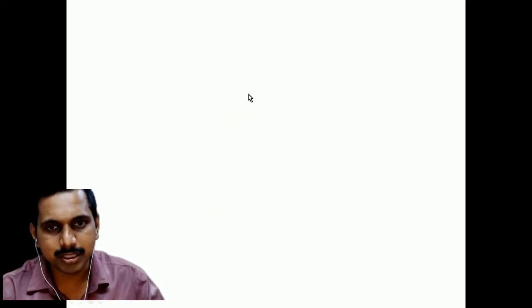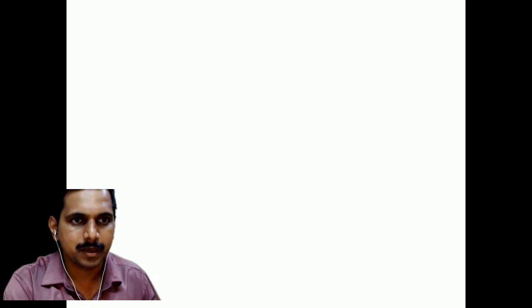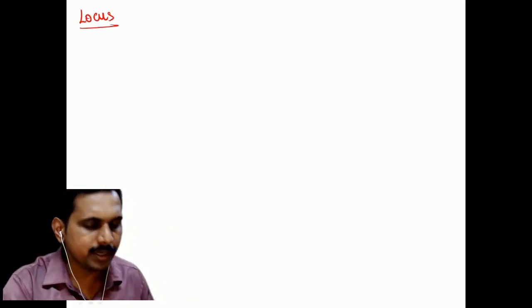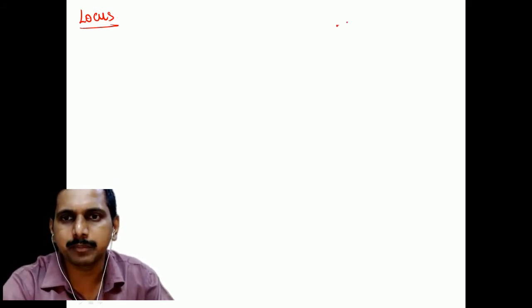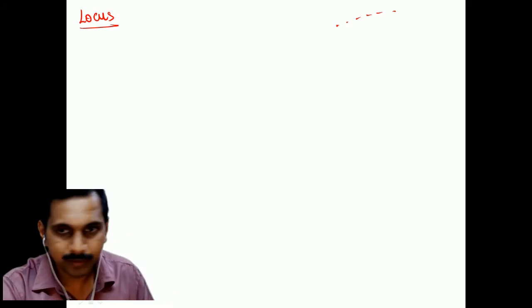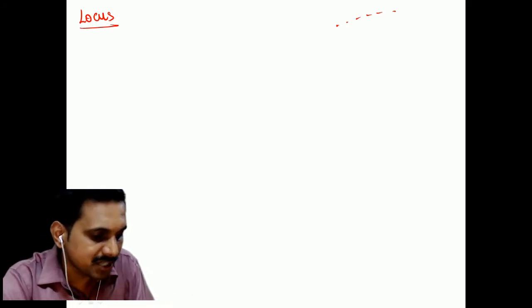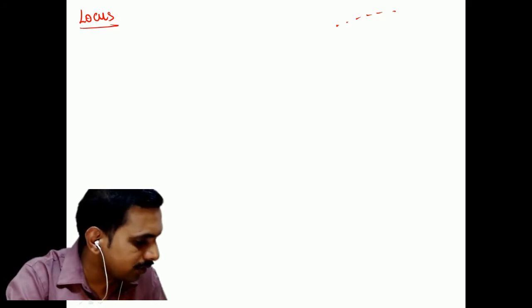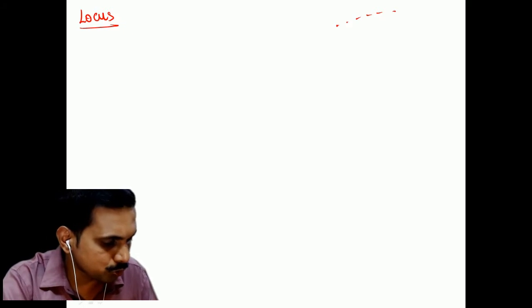Next thing we saw was locus. Let us continue with locus. We will do some problems here, because yesterday I wanted to do that, but locus can be a line also. It can be the equation of a line. What is locus? Locus is how a point moves, the positions a point takes at various points. So let us do a very simple problem with locus. I want you to do this.